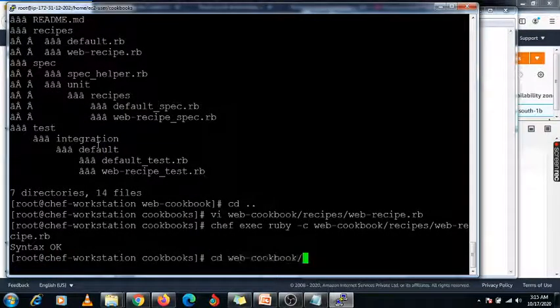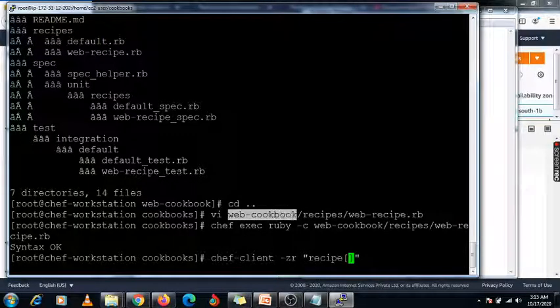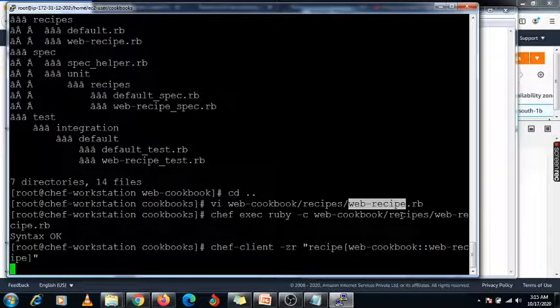Another command is chef-client -zr. Here you need to mention the web cookbook, two colons, and you need to specify your recipe name. This is my recipe name, right? So you just mention it here and enter it.